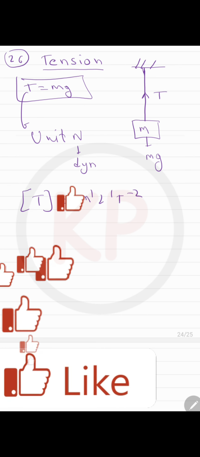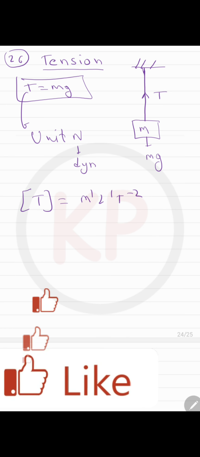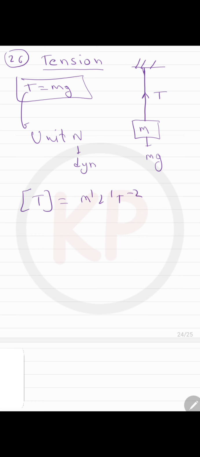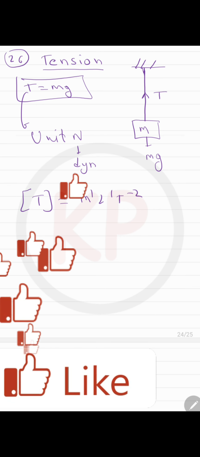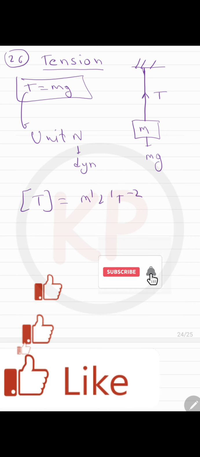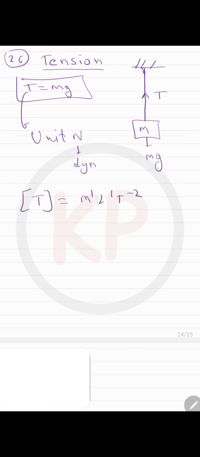So here are all the units, dimensions, and some concepts in brief of chapter number 1 to 5. In the next video I will be discussing the units, dimensional formulas, and concepts of rotational motion. Then we will discuss gravitation, fluid mechanics, thermodynamics, SHM, and waves. So we will go in the sequence.